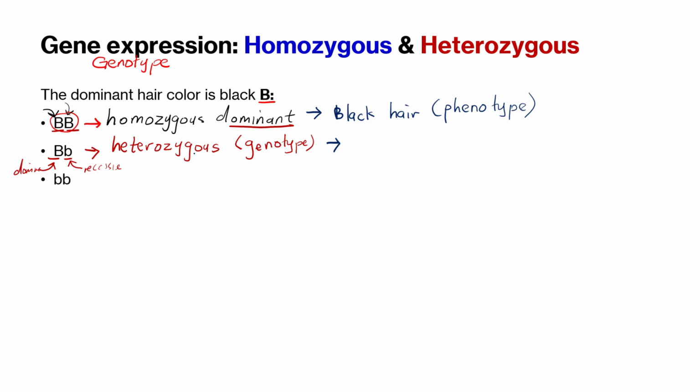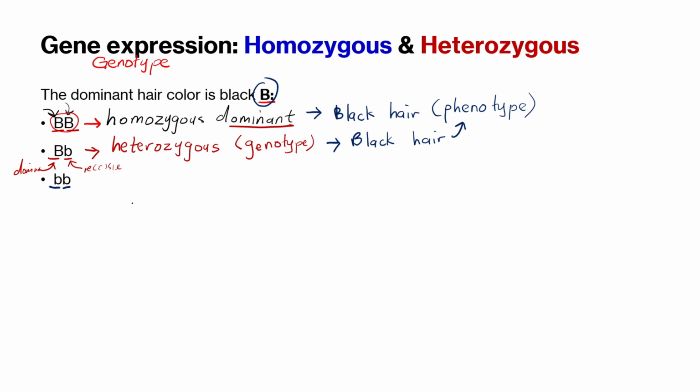So in this case, the heterozygous is the genotype. What about the phenotype? In this case, the dominant one will be the one that dominates. So the dominant capital letter B represents black hair color. So it means that this person will be heterozygous for black hair. So that's our phenotype. That's how the person will look. Although we've got a mixture of dominant and recessive, the dominant one will be the one that shows up in the physical characteristic, or the phenotype.